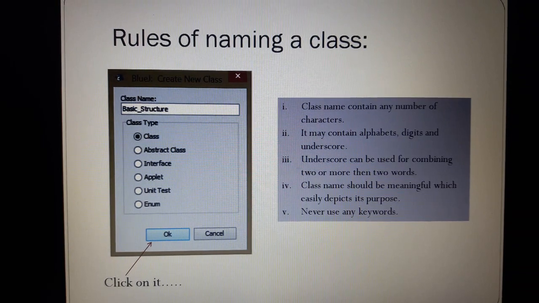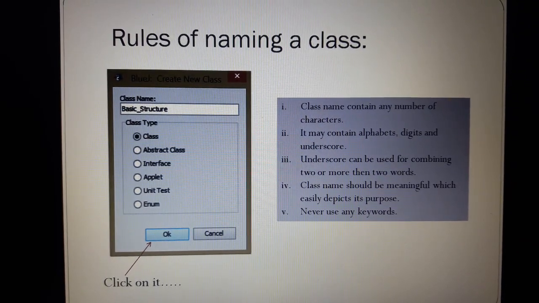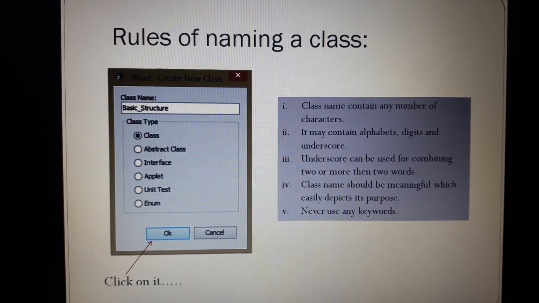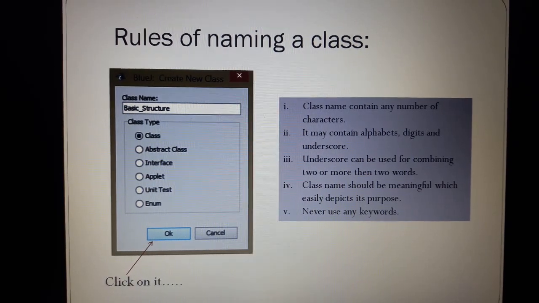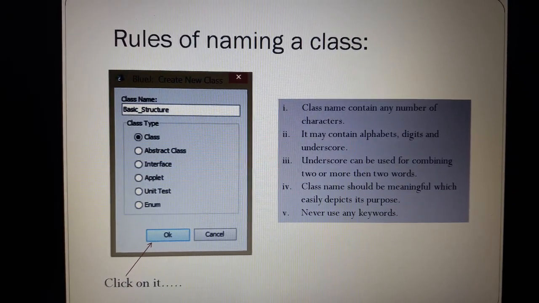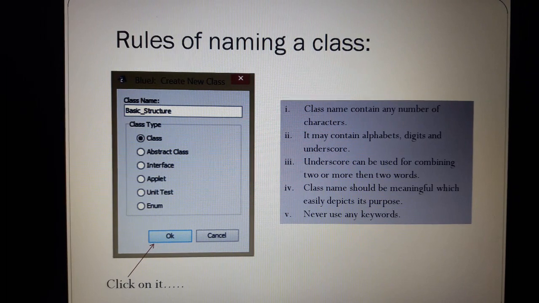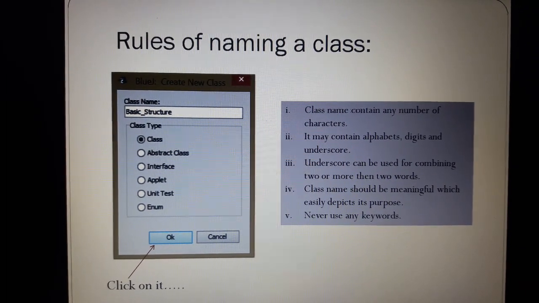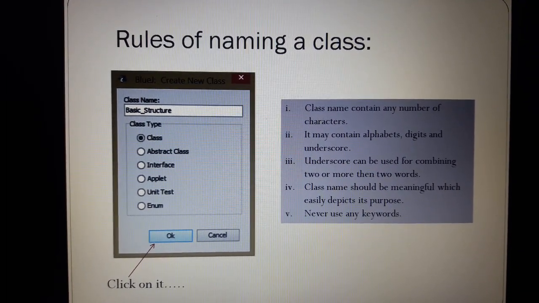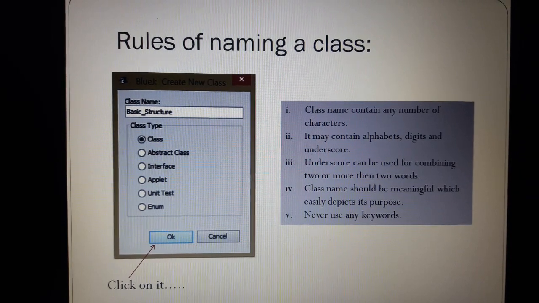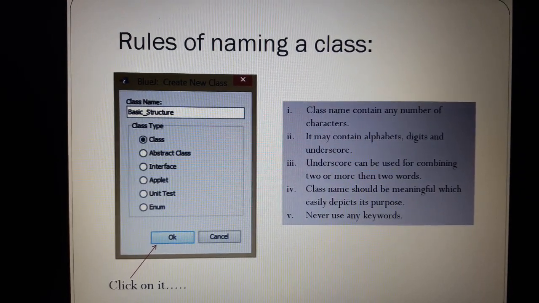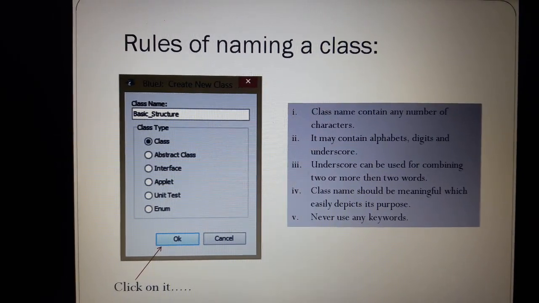But remember a few things. It may contain alphabets, digits, and underscore. Other than that, if you provide anything, BlueJ never accepts it.